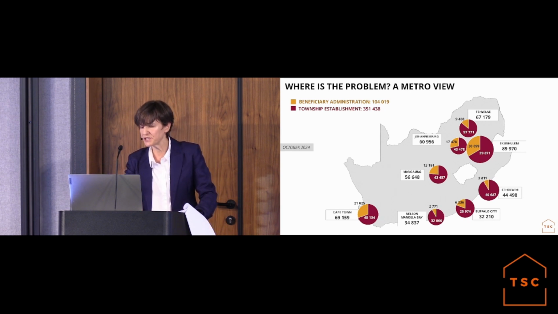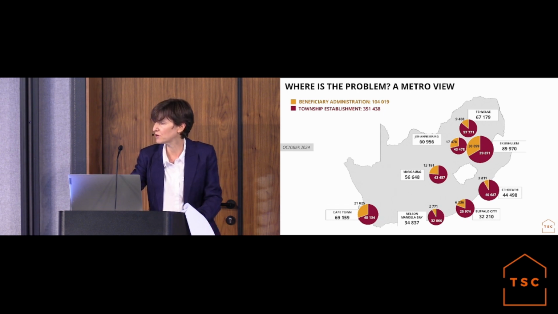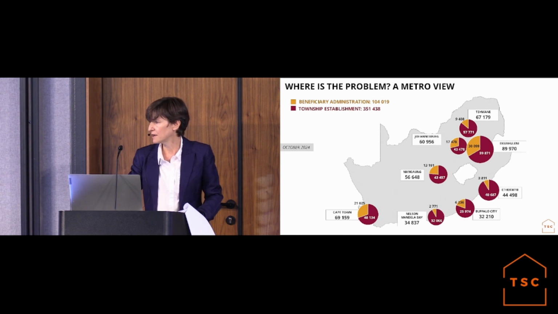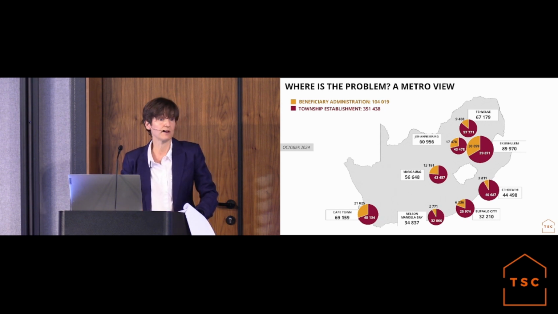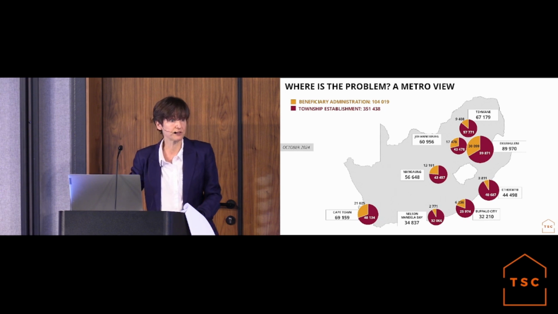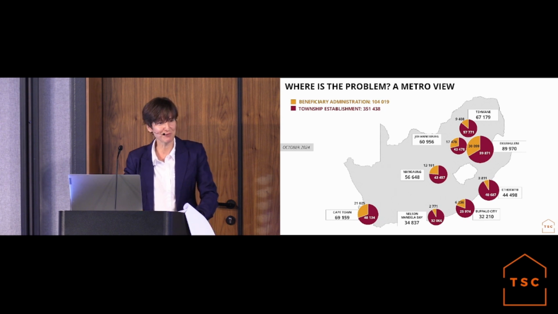You can see very significant numbers in Gauteng, and I should have mentioned on the previous slide, a quarter of the 1 million title deed backlog is actually in Gauteng. So it's a significant challenge. But this is across the metros. And why do we focus on the metros? Firstly, because of the program that Pete works on, the Metro Title Reform Support program, that he works on with all the metros, MTRS,